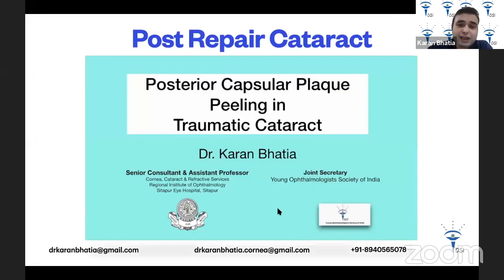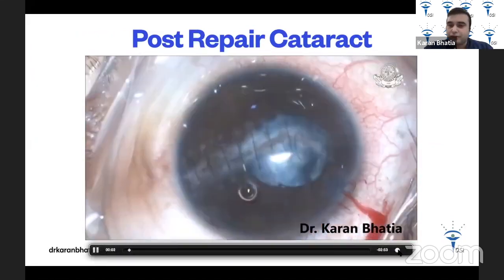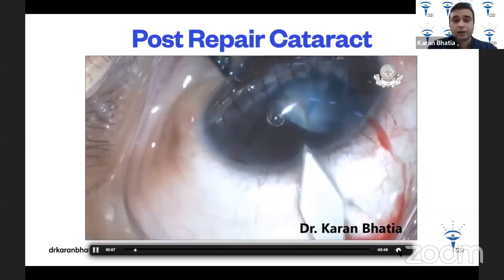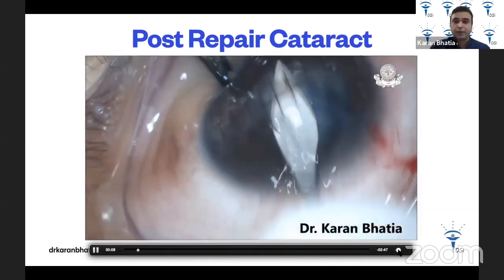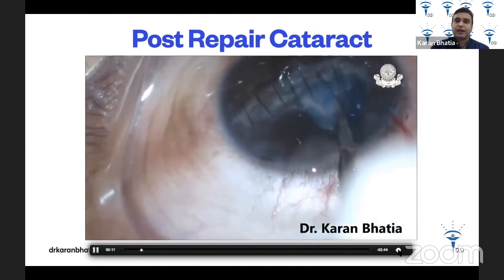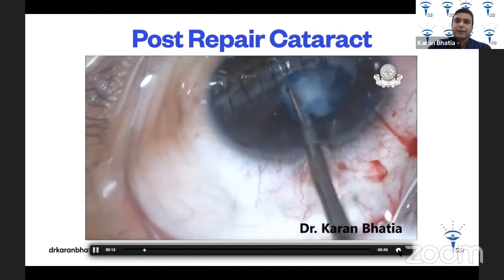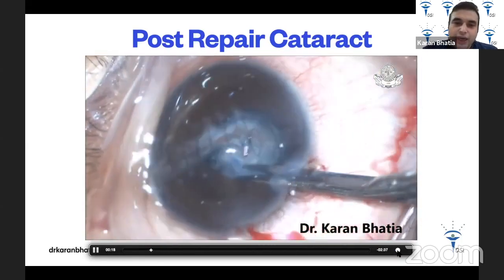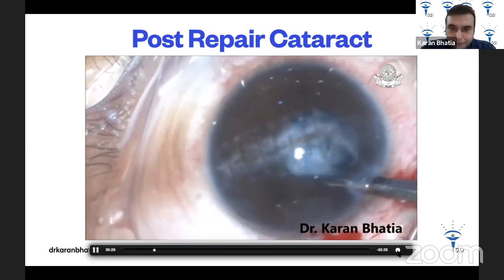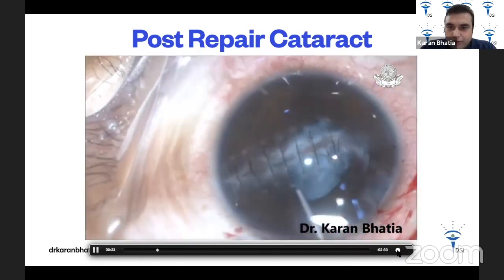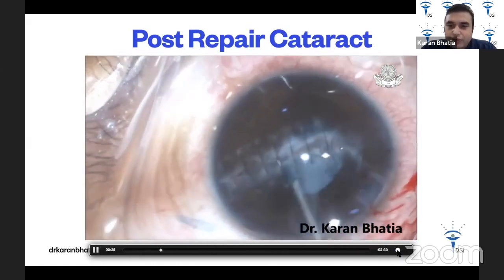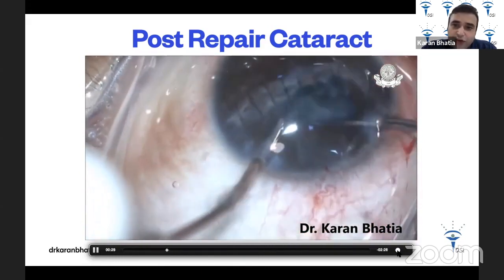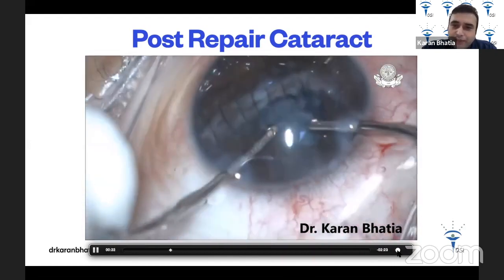So this is another case of mine, which I had done during my fellowship. So this was a corneal tear that was there. This capsule was then taken out, and I'm trying to cut it with a Vannas scissor. Somehow I managed it, and then I'm irrigating this cortex so that it could come out. Finding it very difficult over here, using a bimanual IA.